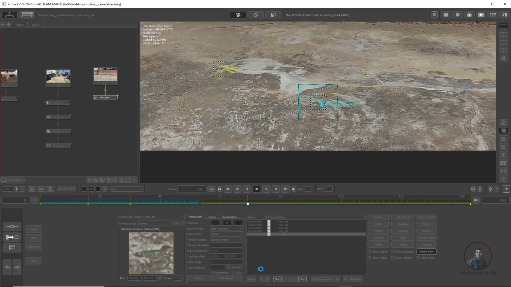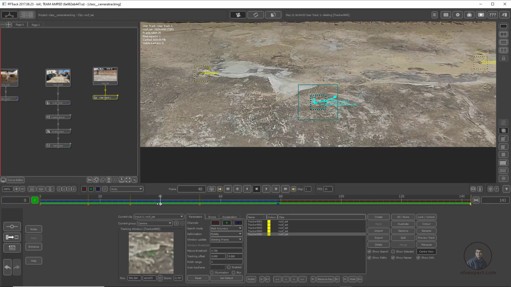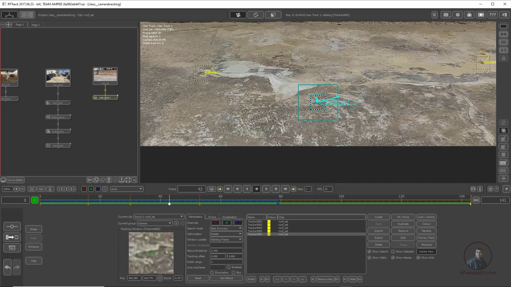So actually if you see here, stop it here, actually it's not tracking in a proper way because there is some jerk here because the feature is not clear properly. So if you want you can also change this option, window update. So this is important. By default it takes reference from our starting frame, means when you create a tracker and set position, that will be taken as a reference and further it will search for that reference frame. But another option here is every frame. So this will update every frame.